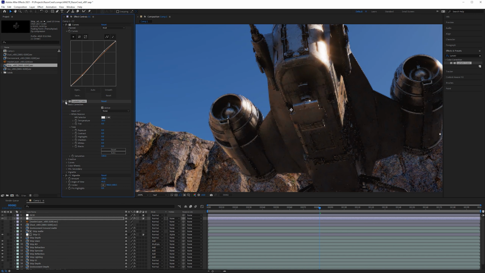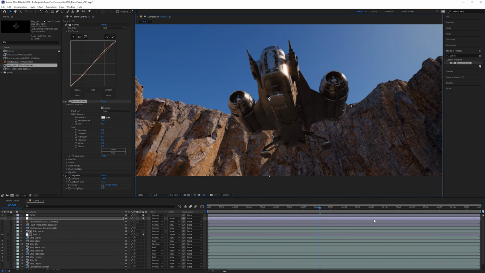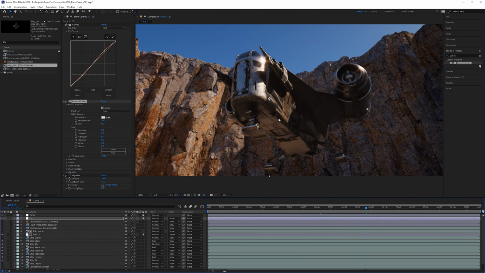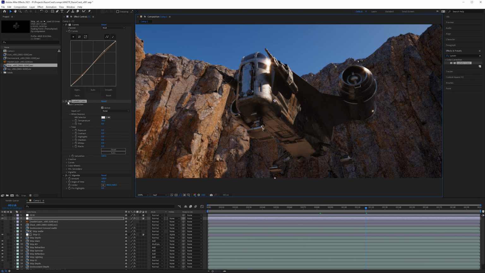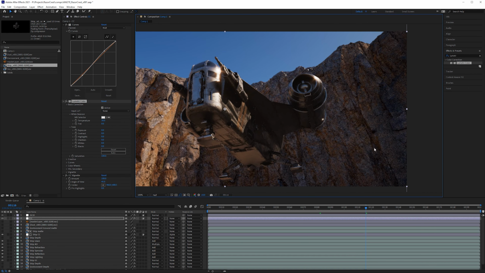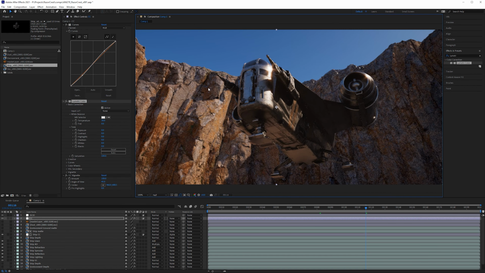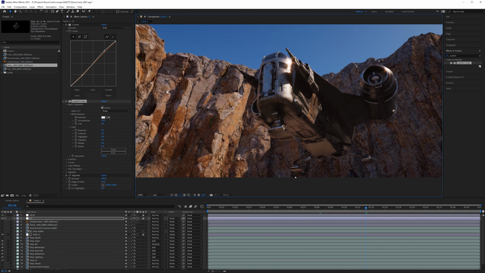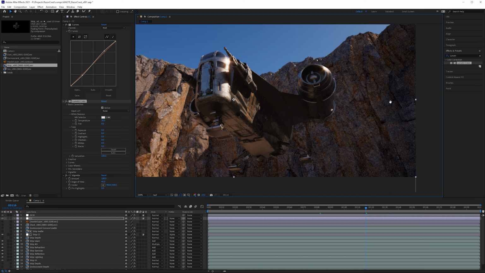It's pretty subtle, but subtlety goes a long way in a lot of color correction instances, something like this, just making it look a little warmer. Now, I mentioned in the assignment that you could swap out these for ice cliffs or snow or whatever. If you wanted to do something in a completely different biome, I do want something in the background. It has to be some type of geometry, some kind of environment. But you're not tied to using these rocks if you don't want to, okay?